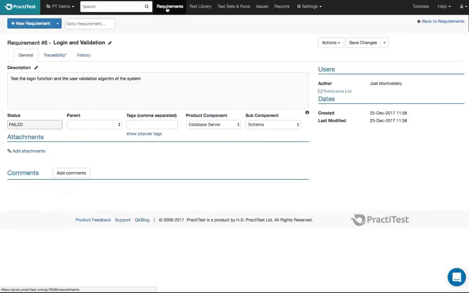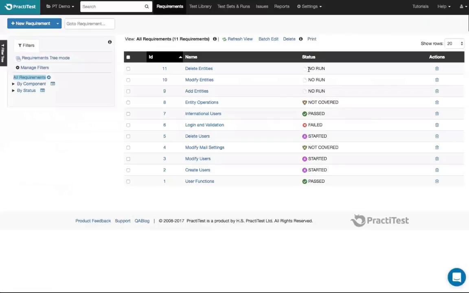As you can see, then you can just look into the status of your requirements and get a better idea and understanding of what's going on in your project. Now, moving forwards on this presentation, I want to go over to our testing modules, and I want to start